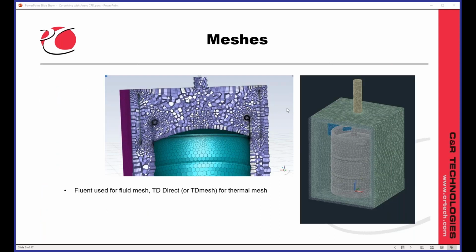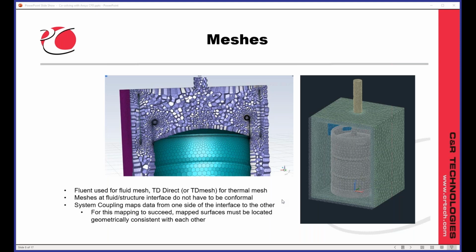I want to mention the meshes because, as you can see here on the left, a Fluent mesh doesn't look anything like a TD mesh of the same system. Of course, we don't bother meshing the fluid volume itself because we don't do CFD, but they do here. But the structure, you can see it's a hex surface grid here for the wall, which doesn't exist in Thermal Desktop. And over here, you can see we're using tri-elements and they're curved. So curved elements, of course, don't exist in ANSYS. So that doesn't matter. We can use disparate meshes as long as